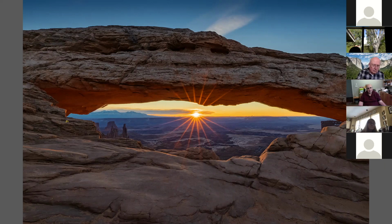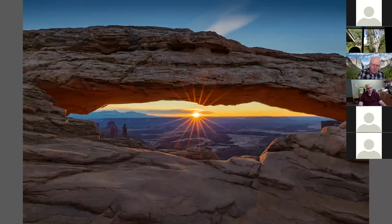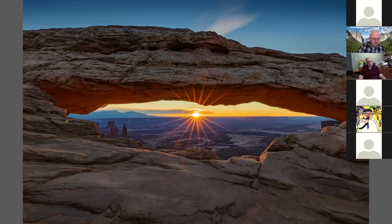Anybody else want to share their Mesa Arch experiences? Is this HDR? Oh yeah, I'll get to how this photo is put together in a minute, Orly. When I was there, there were about 20 people on top of the arch. Yeah, that's really annoying too. That'll happen. I think I was there about 1980. It wasn't crowded. Yeah, that was then. I was there in 2006, and there were about 35 people there. Yeah, it was kind of a hassle, I would suspect. Oh, it was a hassle, but